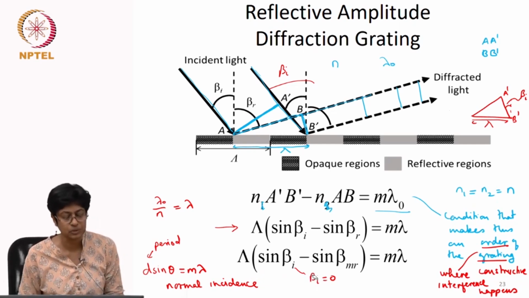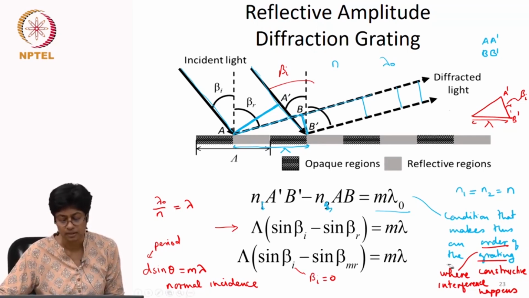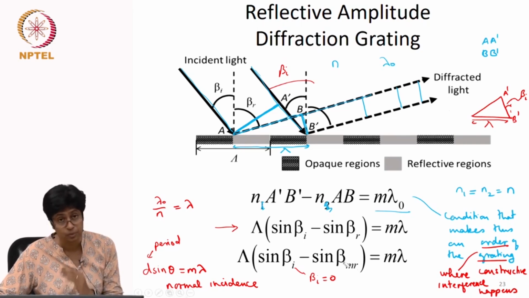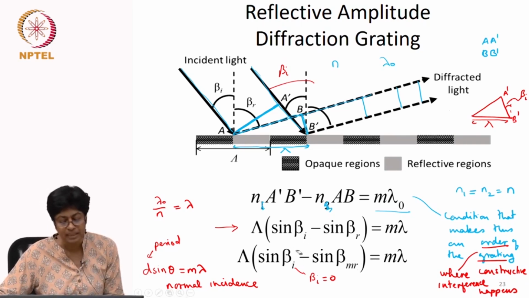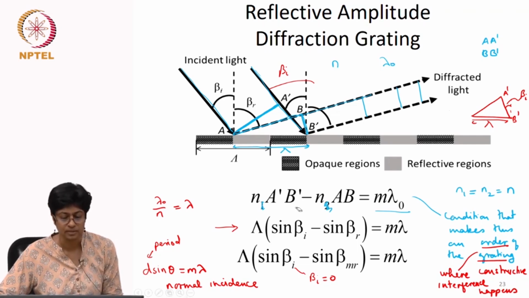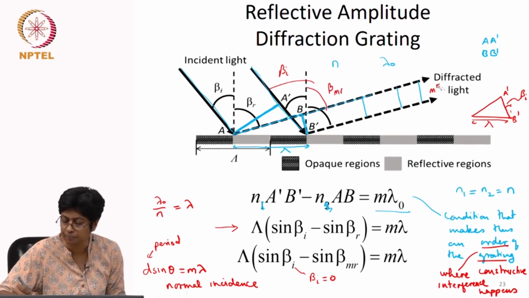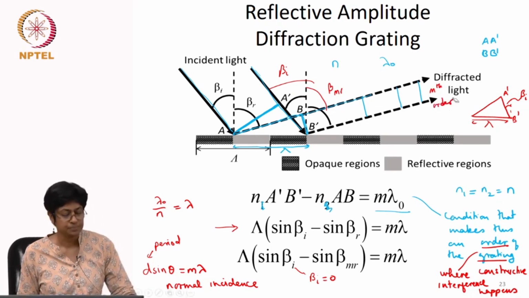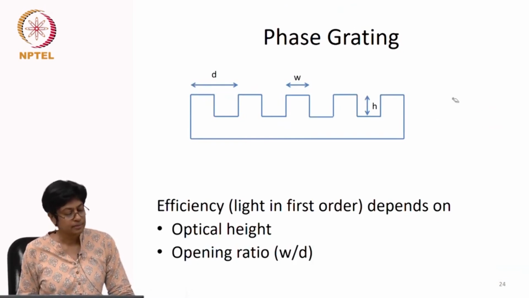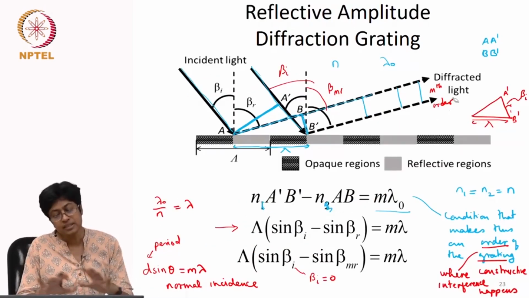D sine theta is equal to m lambda. But the most general form of the diffraction grating is this, where you take into account not just the angles of the orders, which is beta mr, so m corresponds to each order, but beta I, which is the angle of incidence. So this is the beta mr if you consider this to be the nth order. Okay. So this construction